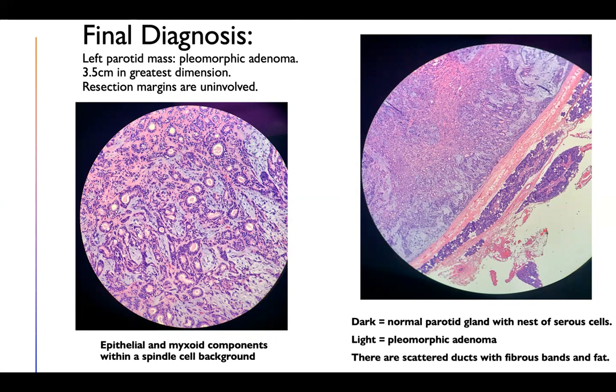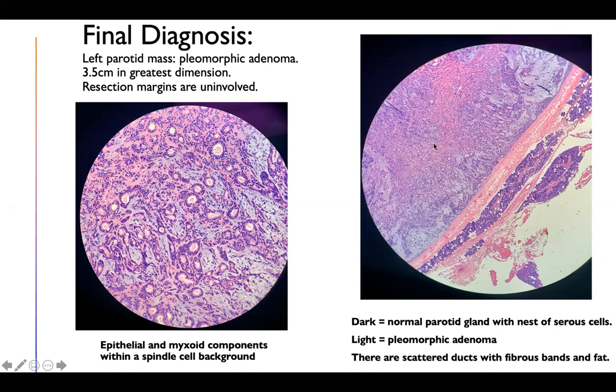But basically, the darker staining purple is normal parotid gland with some serous cells, and you can kind of see that on this outer rim. And then this lighter pink is the pleomorphic adenoma, and they have some scattered ducts and this is fat. You can see these little fat pockets here, and then some fibrous bands that were probably surrounding